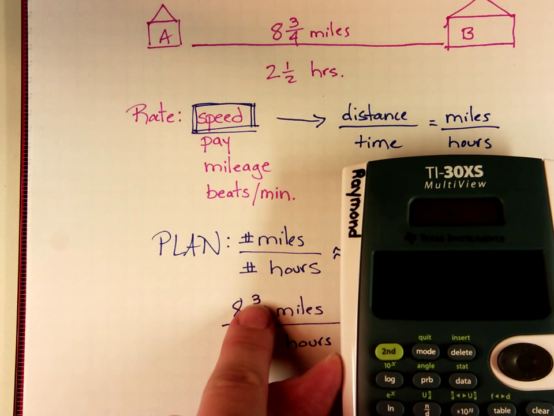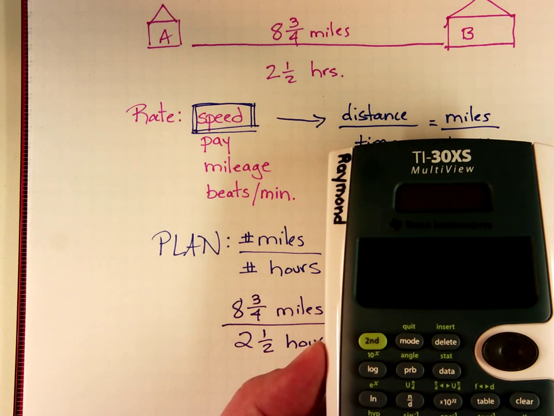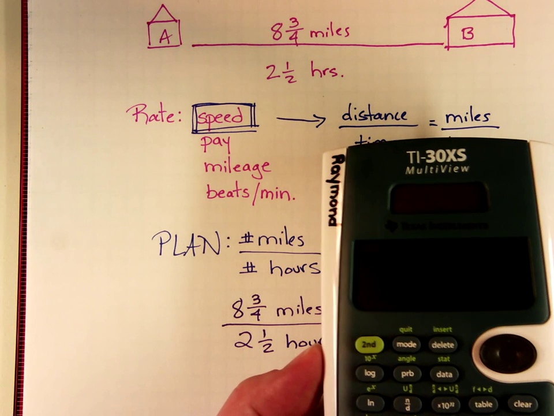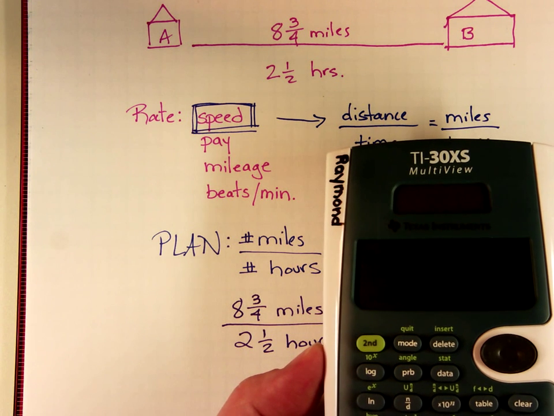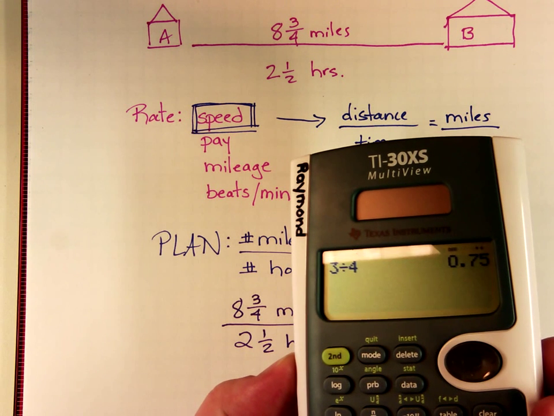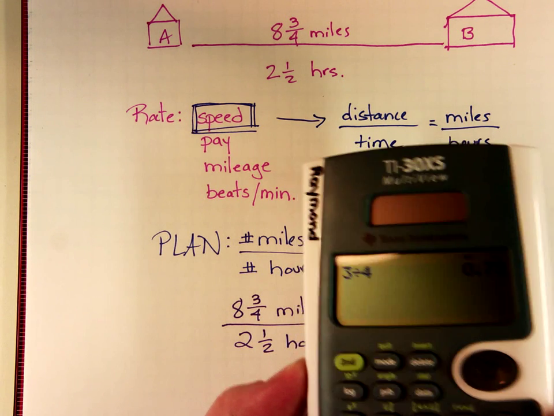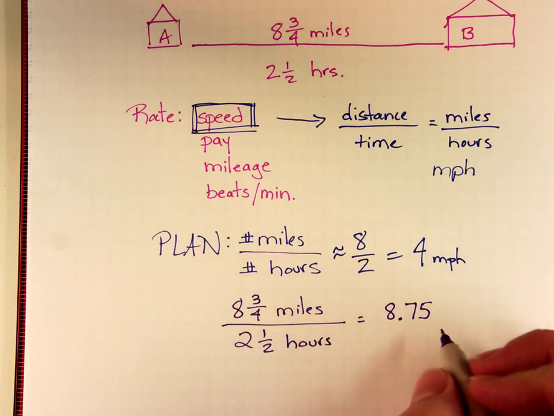You're going to type in 3 divided by 4. 3 divided by 4 equals, can you see it there? 0.75. All right. So 8.75 miles